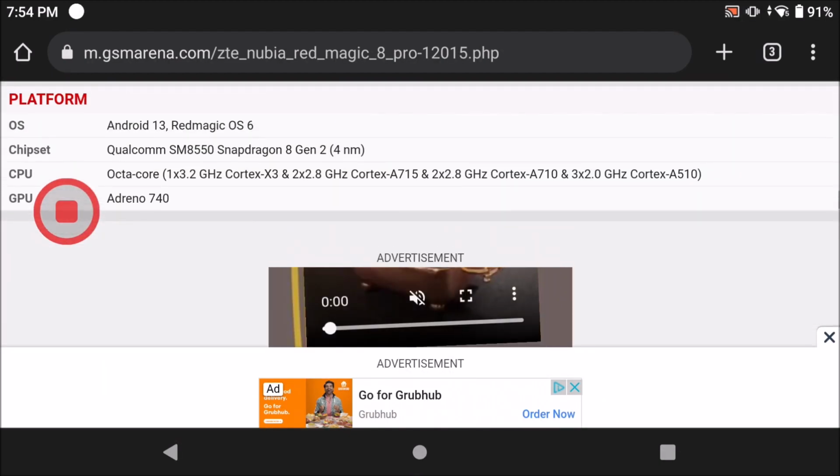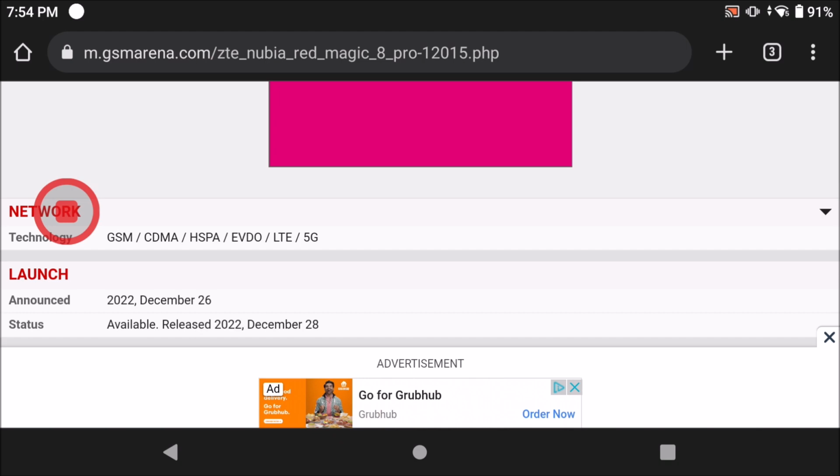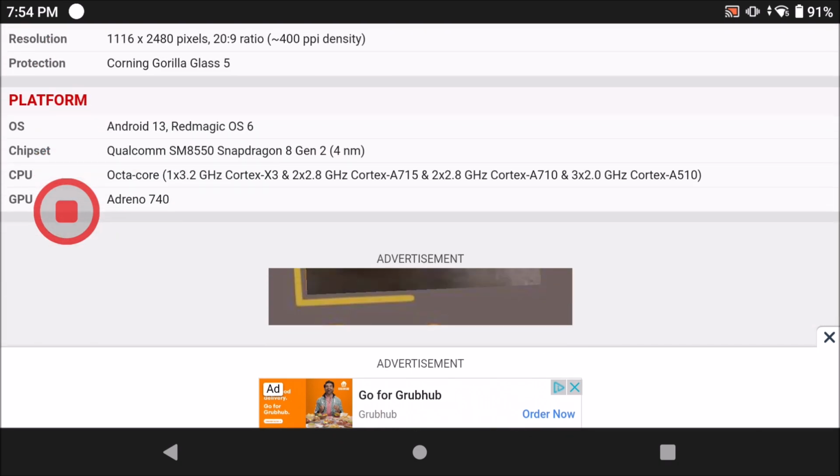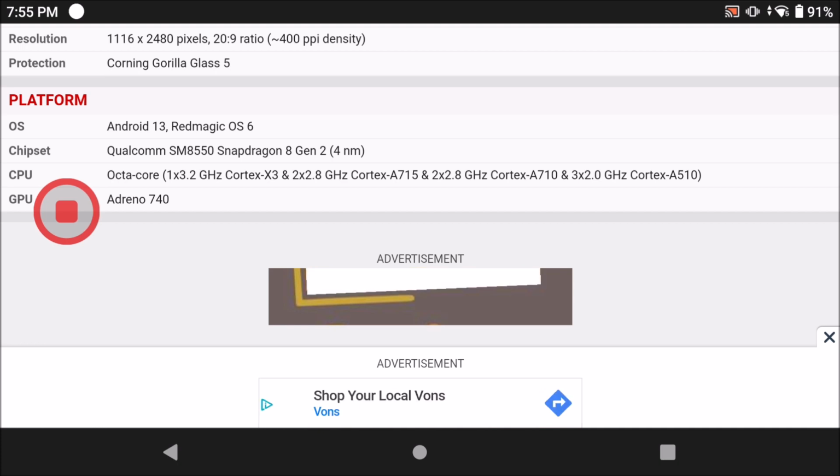Overall, I highly recommend the phone if you don't care for micro SD. But because it's a gaming phone, I feel like you would care for micro SD a lot, actually, because you want to store your games, right? You don't want to move them around a lot, unless that's okay with you. I guess that used to be okay with me. I mean, I still have the Fold 3, but